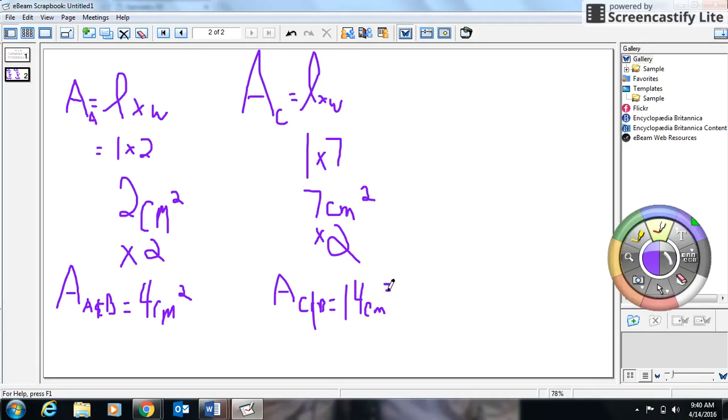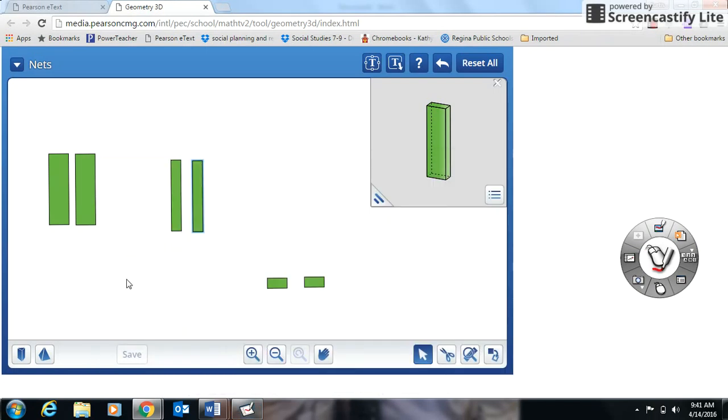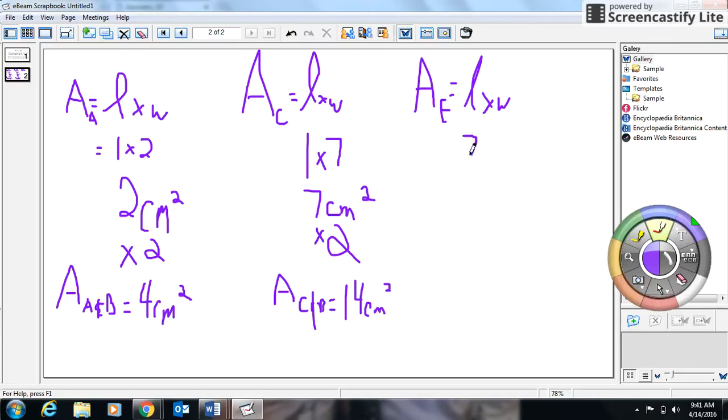Almost done. I have 2 sides left. I have E and F. So let's figure out the area of E, which is equal to length times width. And I go over here and get the dimensions. In this case, it's 2 by 7. So I say it's 7 times 2, which in this case is equal to 14 centimeters